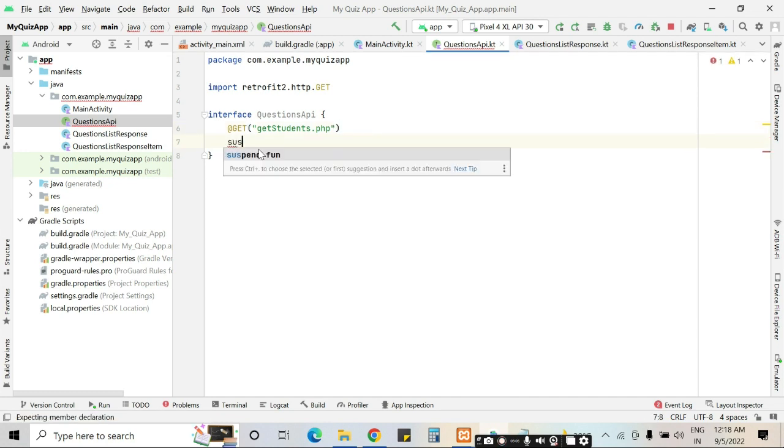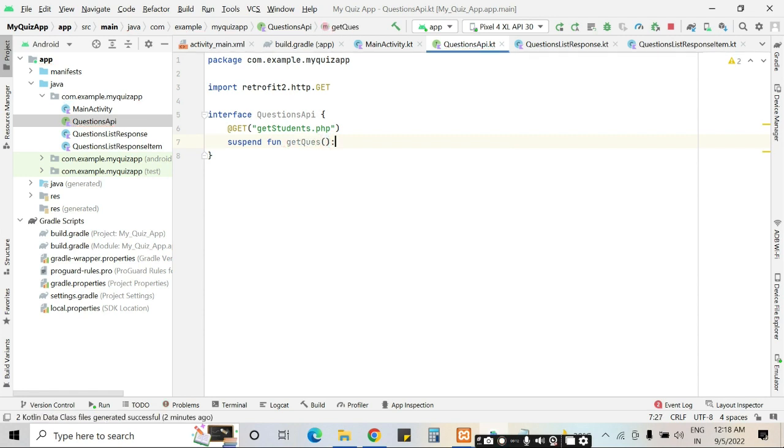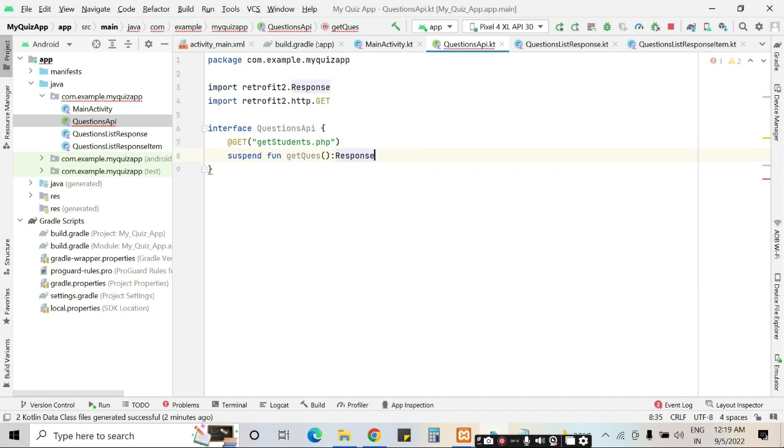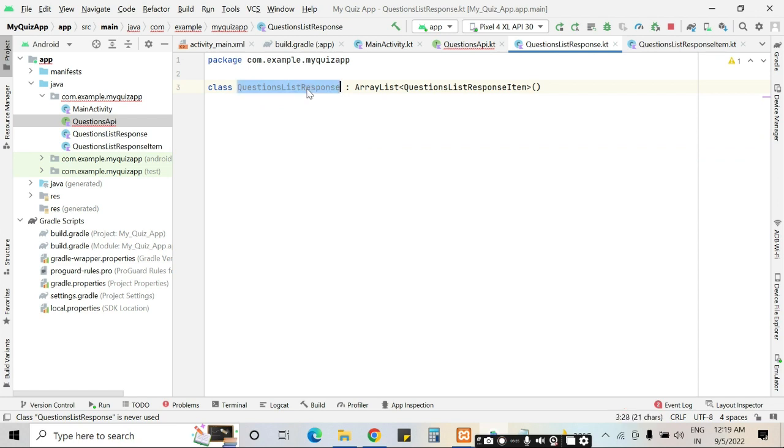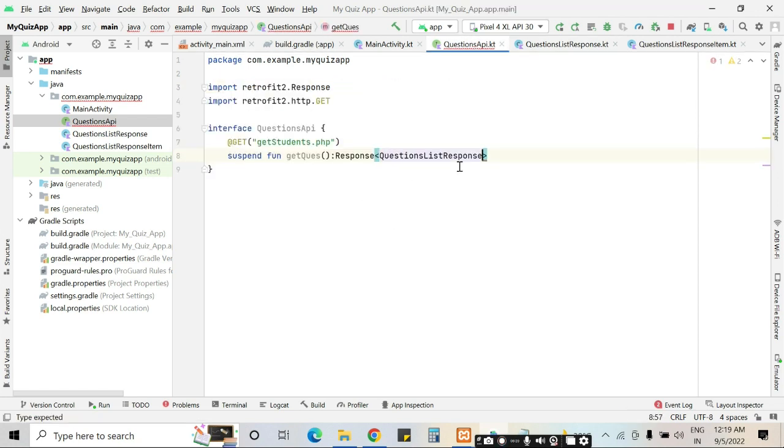Create a suspend function. And which type of data will it be? It will be this type of data in form of a list. So after creating the API class,